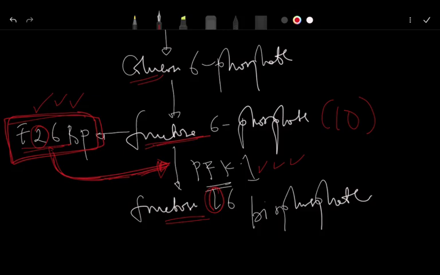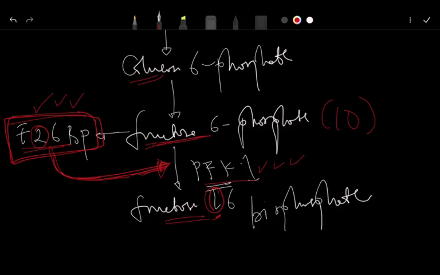Now the question is, which enzyme actually forms this fructose 2,6-bisphosphate? Fructose 2,6-bisphosphate is formed by an enzyme called PFK2. Why is it called PFK2? Because it phosphorylates at carbon 2. I believe you now know why this one is called PFK1: because it phosphorylates at carbon 1. So PFK2 is the enzyme responsible for forming fructose 2,6-bisphosphate, which is a very, very powerful stimulator